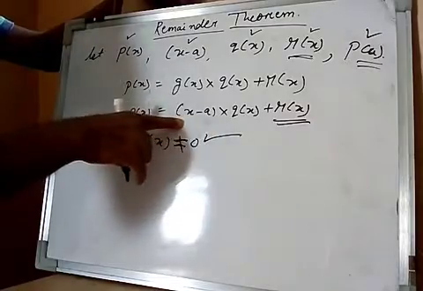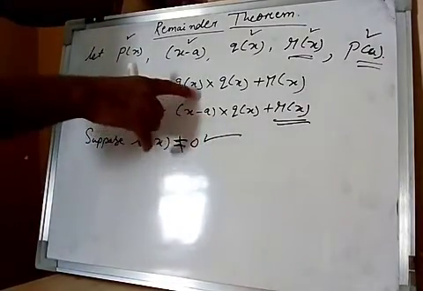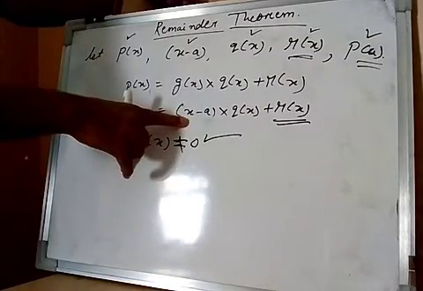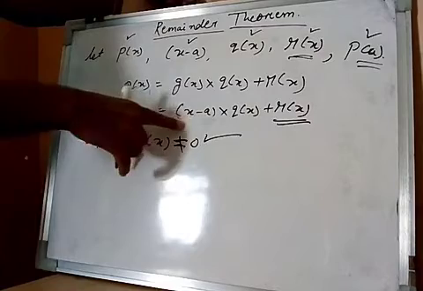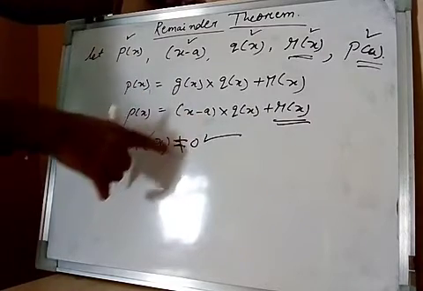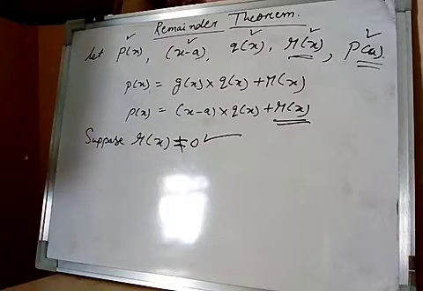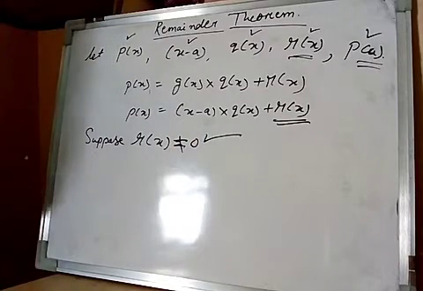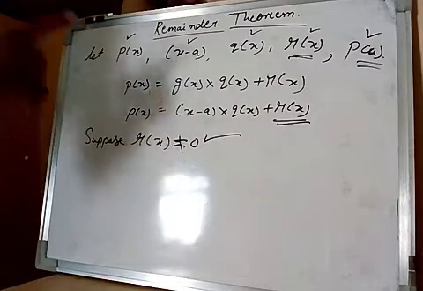Now here the divisor is x minus a. Now you can see the degree of x minus a is 1. Here the variable is x and its degree is 1. If the divisor has degree 1, then the remainder degree will definitely be smaller than 1. Otherwise division is not possible, otherwise division is incomplete. So here the degree of rx will be less than 1.